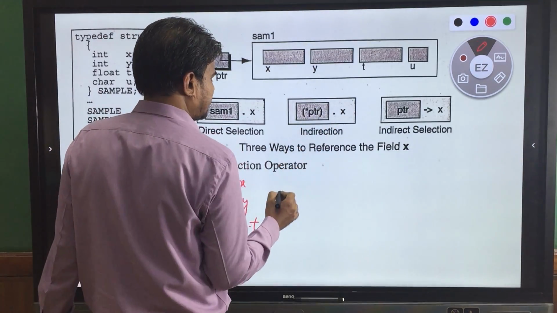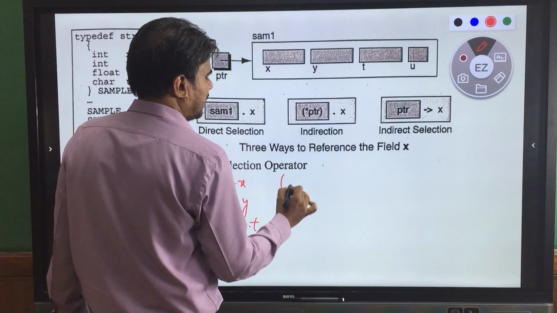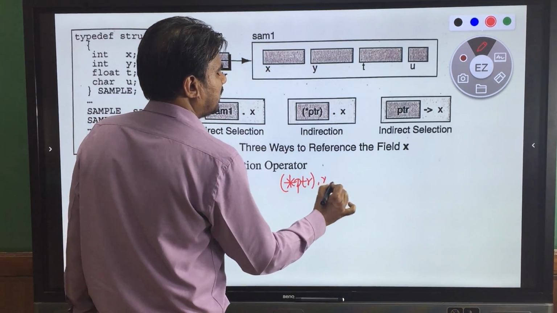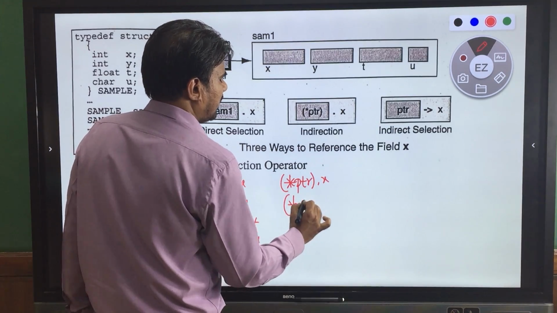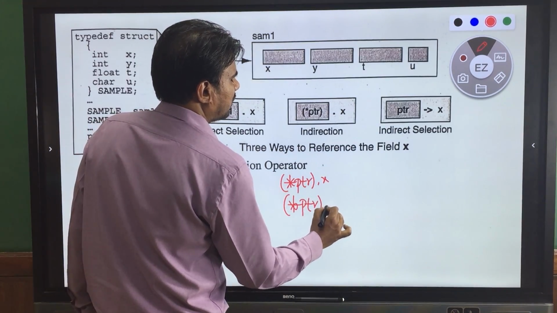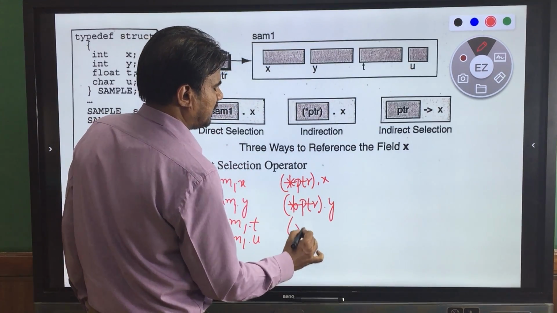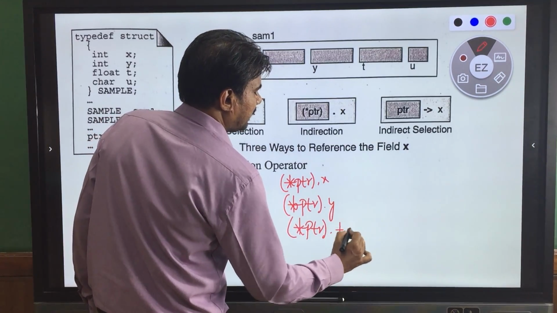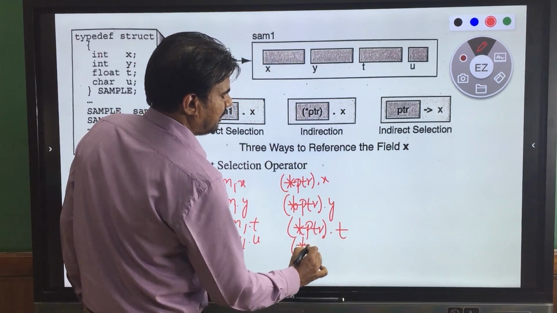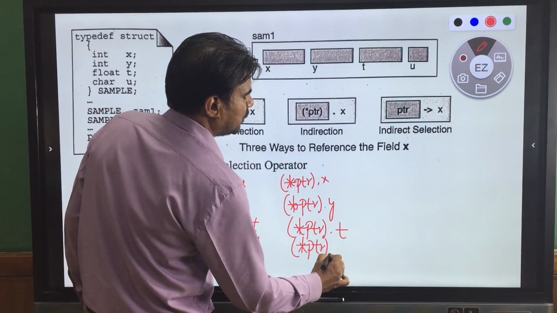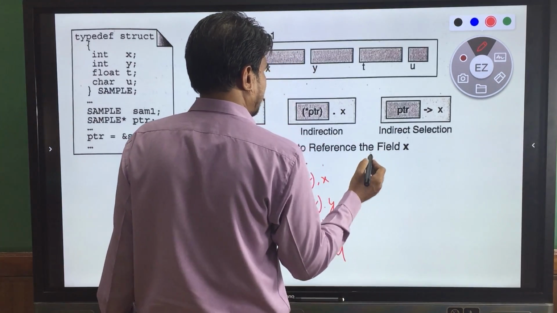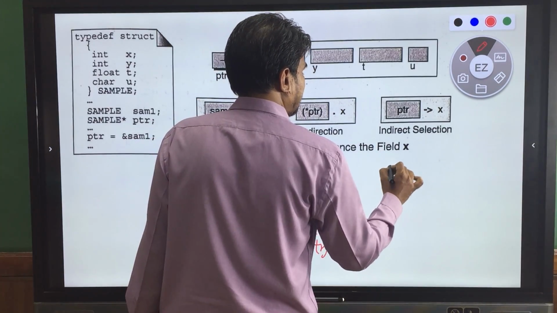When you have indirection, it is the complex way: star PTR dot X, then star PTR dot Y, then star PTR dot T, then finally star PTR dot U. When you have the indirect selection operator, the arrow operator, our stuff is very easy over here.